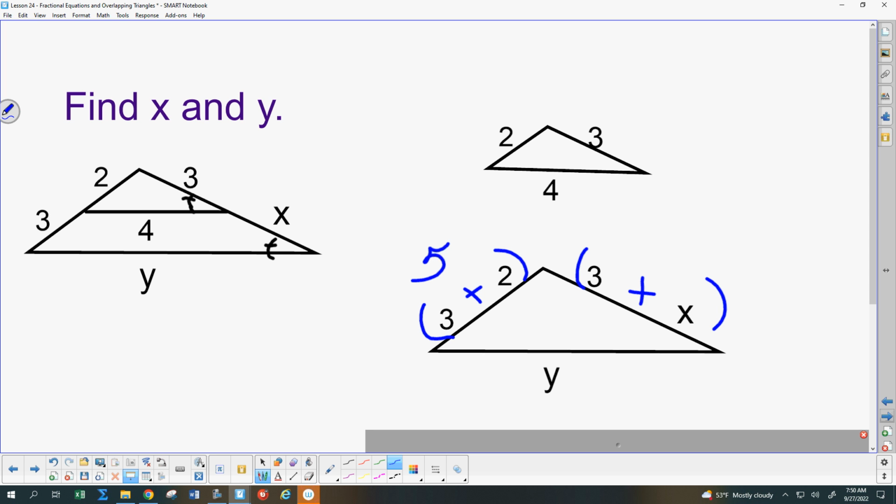Okay, they tell us that these two angles are congruent. So I'm going to mark that in my two little triangles. We'd sure like these triangles to be similar because we know we can set up ratios of corresponding sides to solve. But one angle isn't enough to say that they're similar. However,